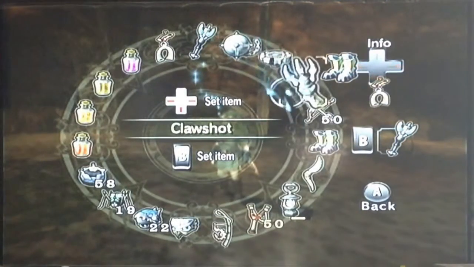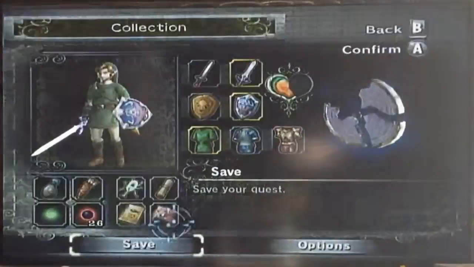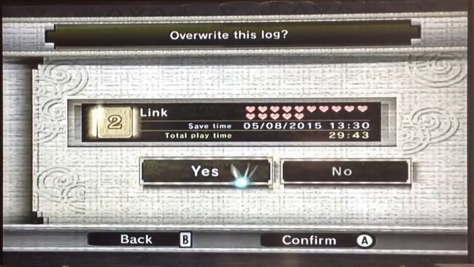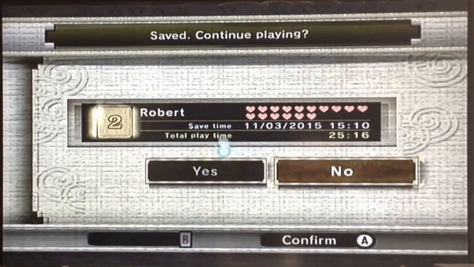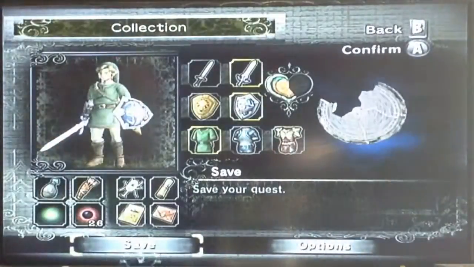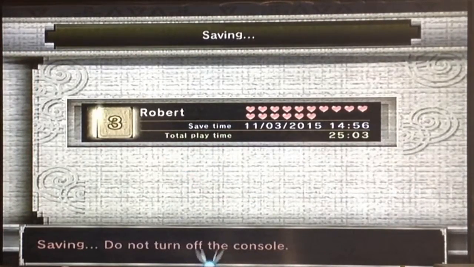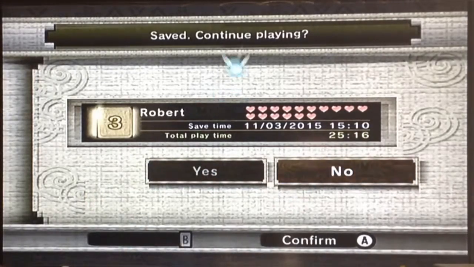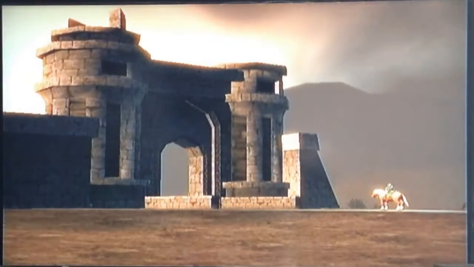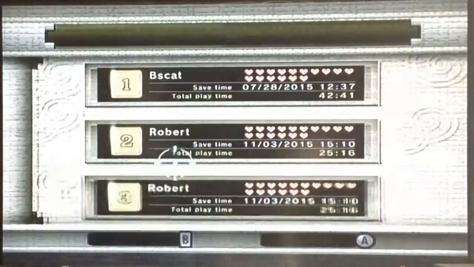Now I'm gonna do something very strange. I'm going to save in the second slot, and this third slot. The reason being, there is a glitch with the earlier Twilight Princess copies that...